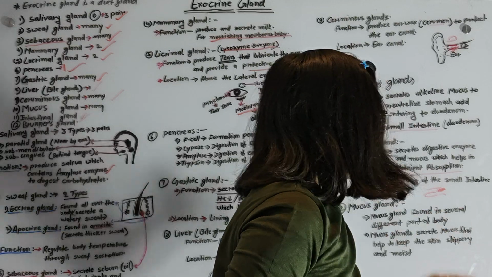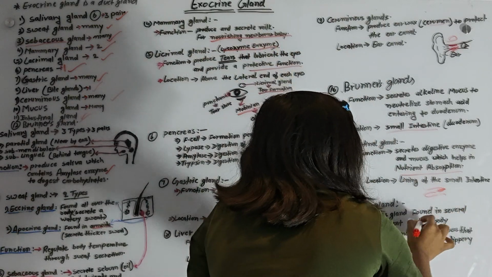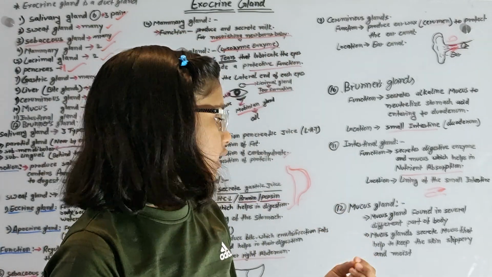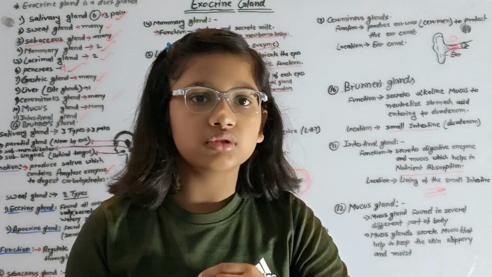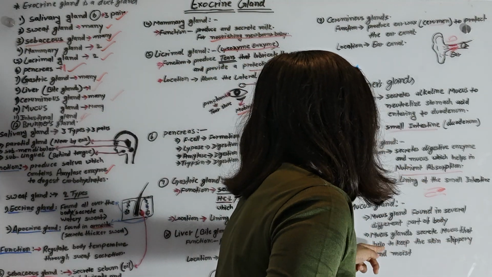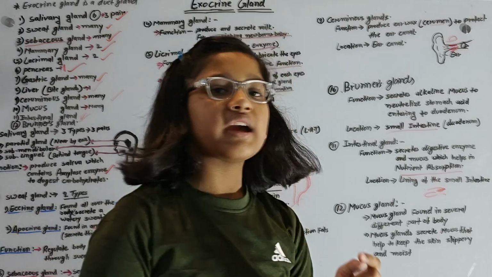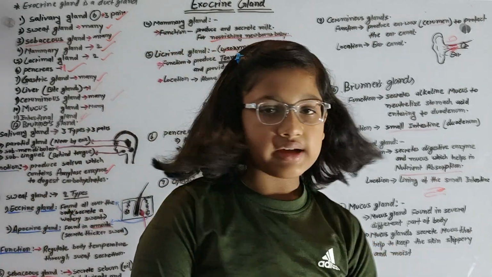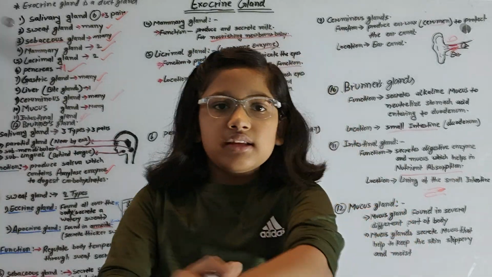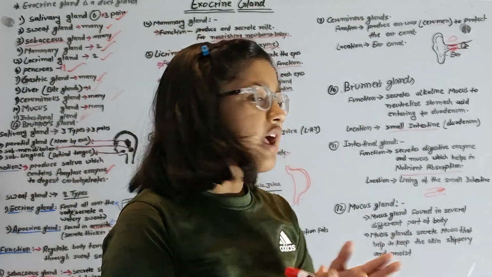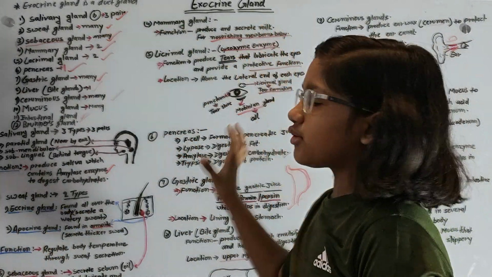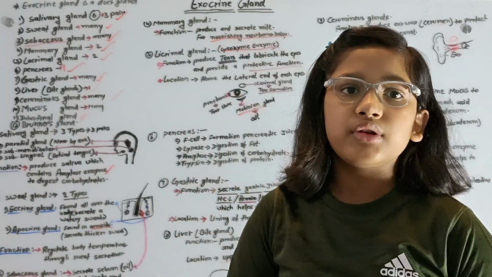नाउ म्यूकस ग्लैंड, म्यूकस ग्लैंड इज फाउंड इन सेवरल डिफरेंट पार्ट ऑफ आवर बॉडी। म्यूकस ग्लैंड जो होता है वो बहुत सारे पार्ट हमारे बॉडी के पार्ट्स में प्रेजेंट होता है, लाइक माउथ, स्टोमक, ठीक है। Mucus gland secretes mucus that helps to keep the skin slippery and moist. म्यूकस ग्लैंड जो होता है वो स्क्रीट करता है म्यूकस को, जो कि स्किन को स्लिपरी बनाता है एंड मॉइस्ट बनाता है। ओके, आई होप आपको एक्सोक्राइन ग्लैंड समझ आ गया होगा।